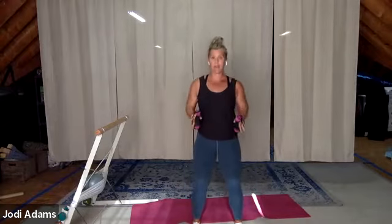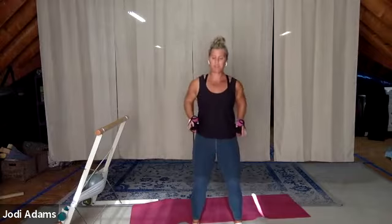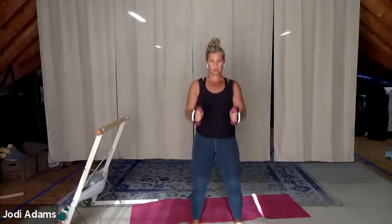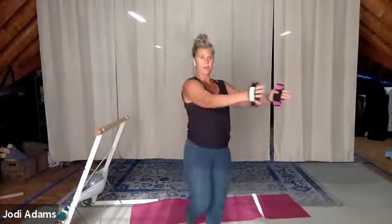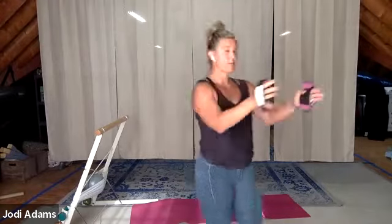Really squeeze into the back. Push those hips forward, squeeze those cheeks. Tighten through those thighs. 8, 7. Tummy tight. 3, core is braced. 2, 1, hold them out. Tiny bend and press, bend and press, bend and press, bend and press. Good job. 8,